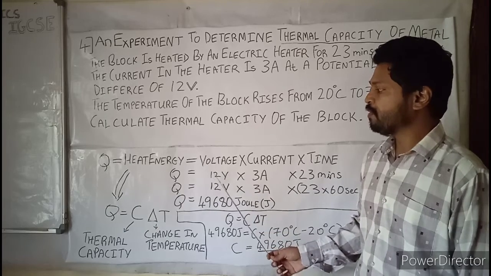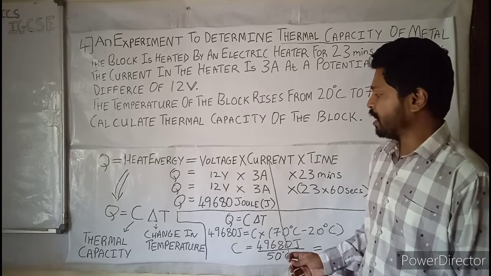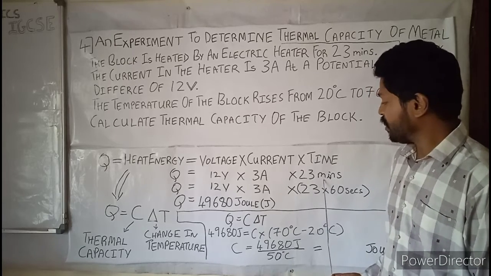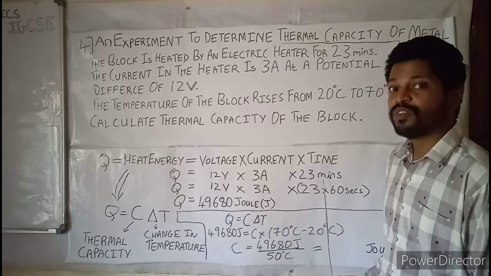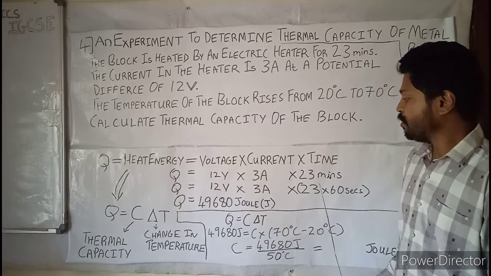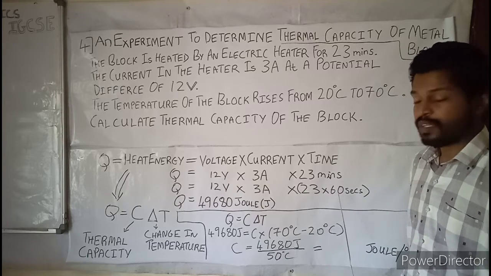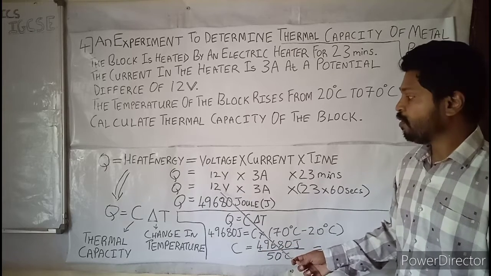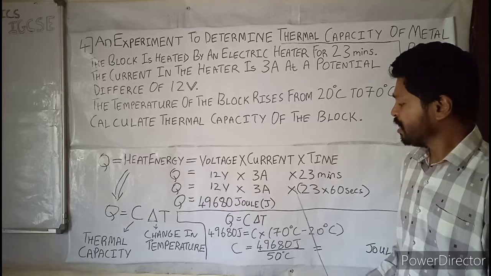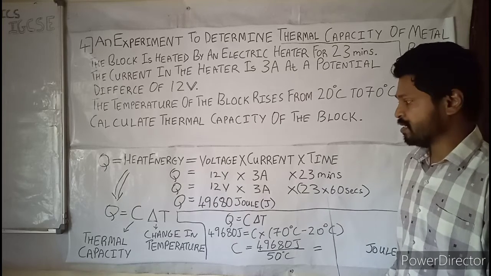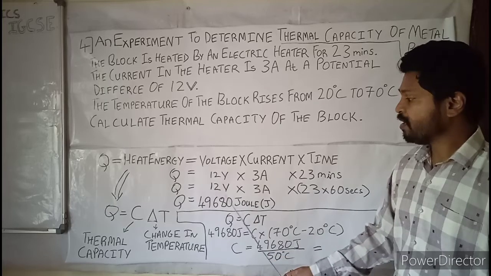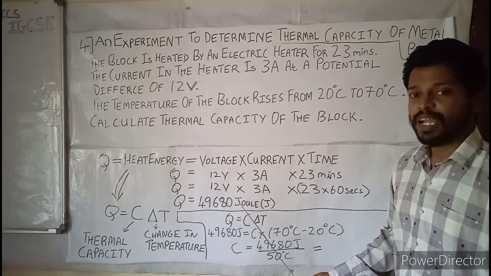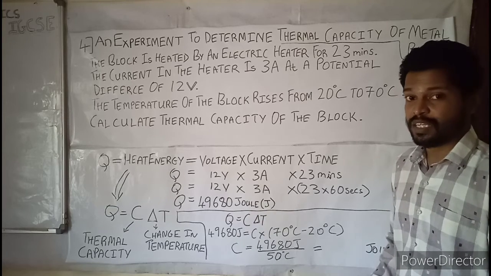Here you have already been given the voltage, 12 volts, and the current is 3 amperes, and the time is 23 minutes. You need to concentrate on the minutes. It is given in minutes, so you need to convert that into seconds. You multiply 23 by 60 so that it gets converted into seconds. Now the whole equation becomes 12 volts multiplied by 3 amperes multiplied by 23 times 60 seconds, and if you have a calculator you will get the answer Q equal to 49,680 joules, or you can write capital J.